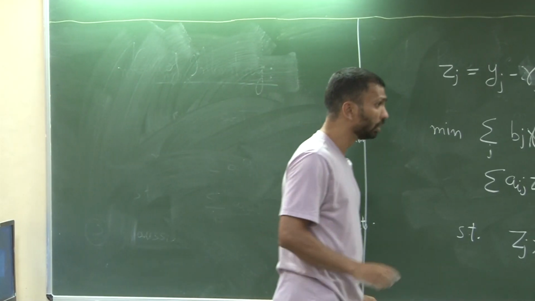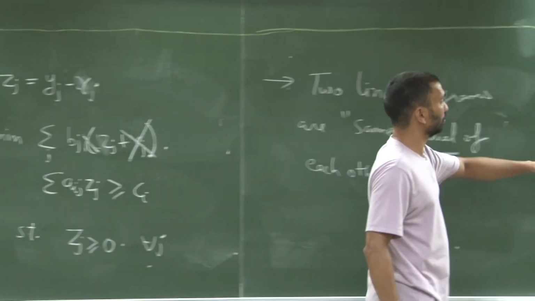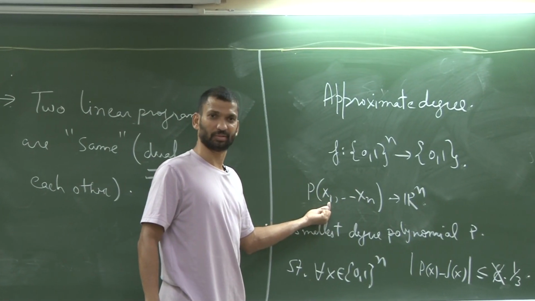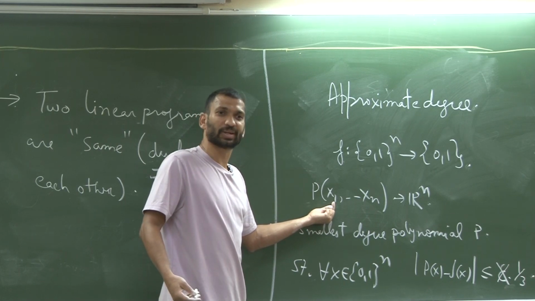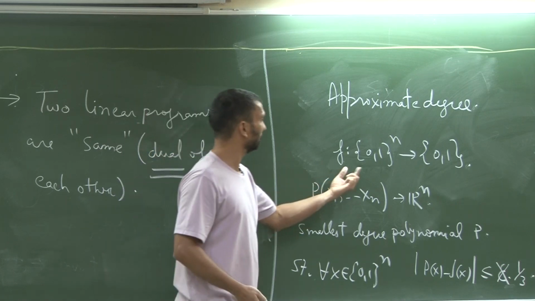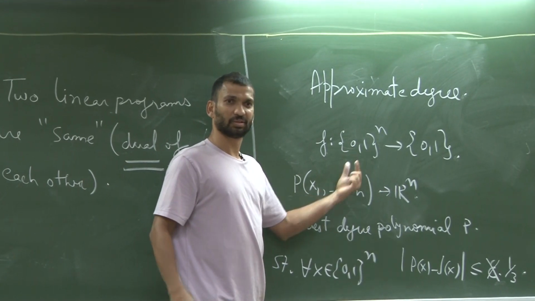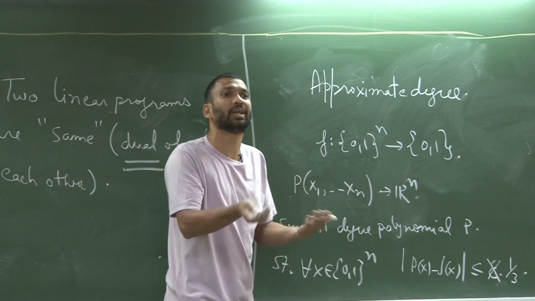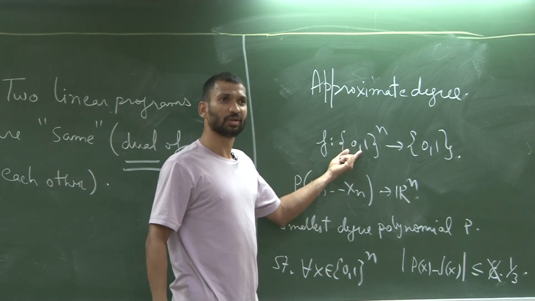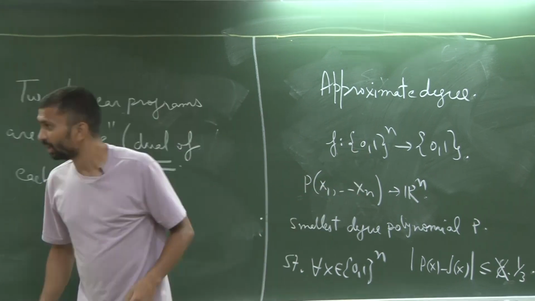Now, one thing to notice is, since your input is only 0, 1, I never need a degree higher than 1 in any variable. My x1 square is equal to x1. I just want to make sure that my polynomial agrees at these points, right? So I am only interested in the value at these points. So there is no point having x1 square in my polynomial. I can just replace it by x1 and get the same thing on all of these 2 to the power n points, right? So that means my polynomial